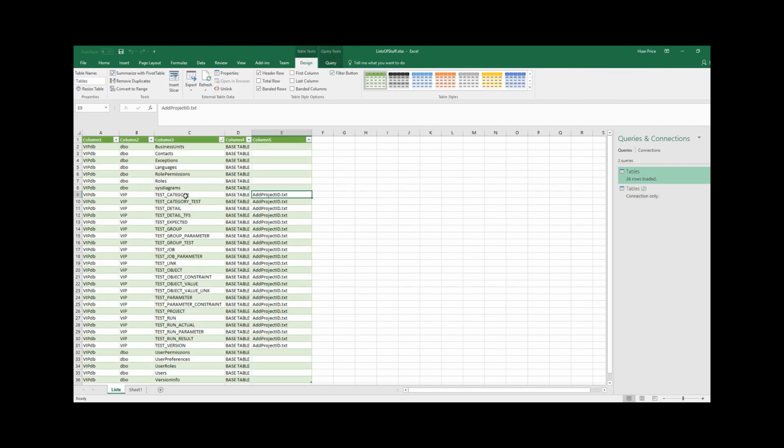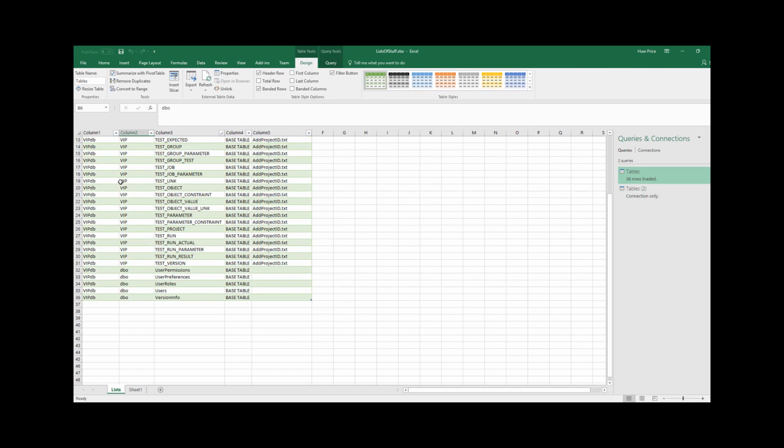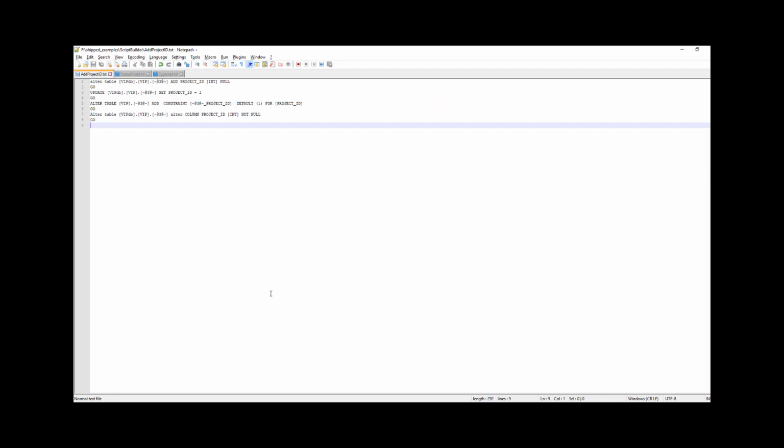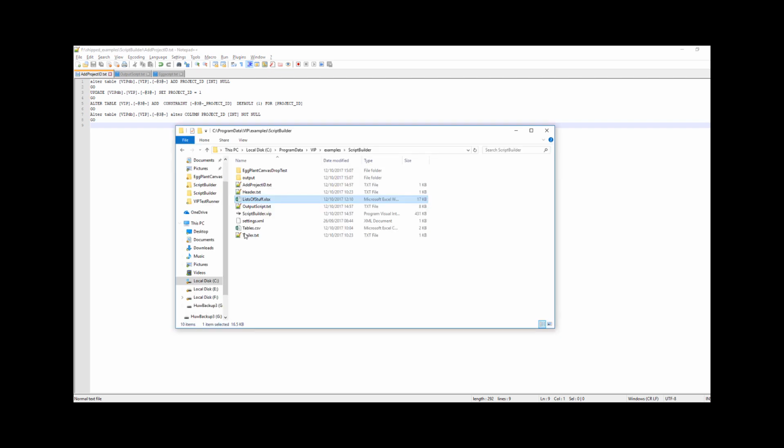So if we go back to lists, here we've got just the data that we're going to be driving it on, and it's just come in as column 1, 2, 3, 4. That's all I really care about. And then I've added an additional column; in your case this could be 1 or 2 columns. I've just added another one with a field called add project id.text. Now let's go and open that,